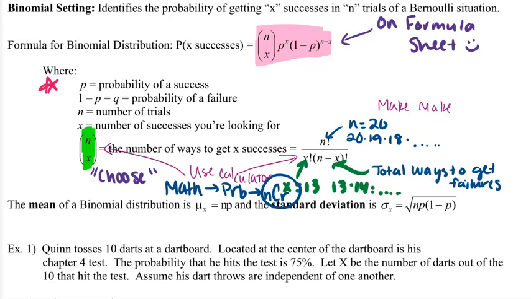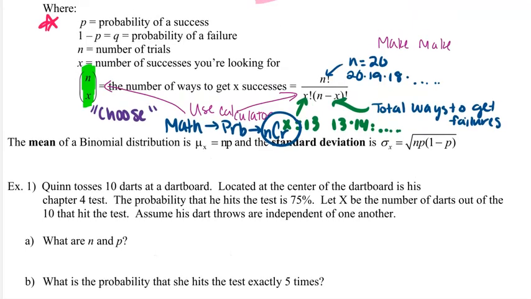So I have a number. I'm going to choose successes. Okay. Now, the mean of a binomial distribution